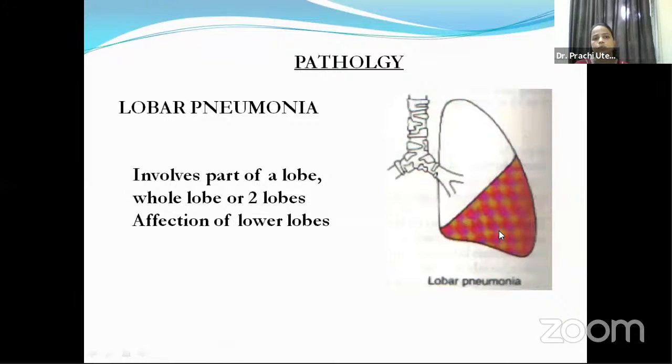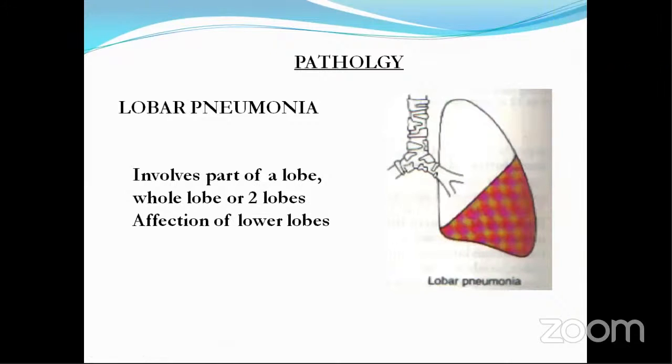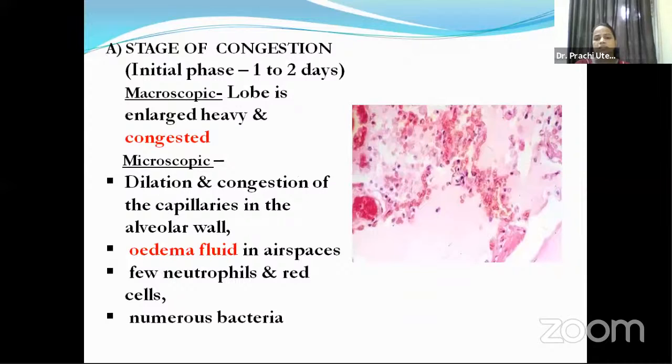Now, as I said, lobar pneumonia, as the name suggests, involves a part of the lobe, or the whole lobe, or two lobes. So affection of the lobes is commonly seen. Now, what is there in lobar pneumonia is basically a classical four stages. That is, the stage of congestion is the first stage, which is the initial phase, and it lasts for 1